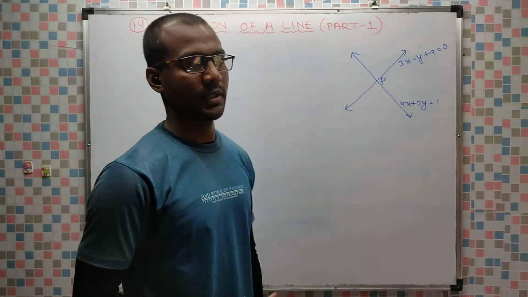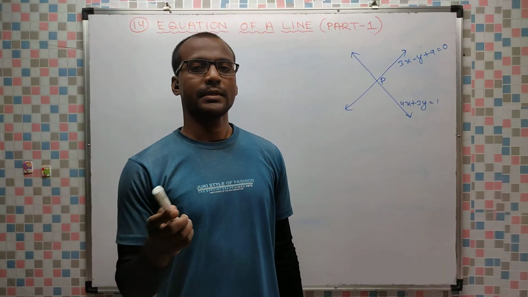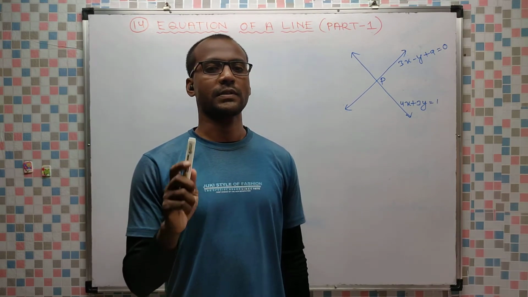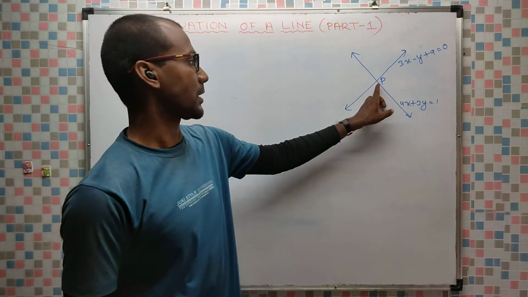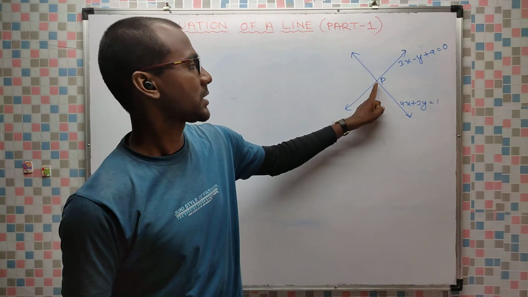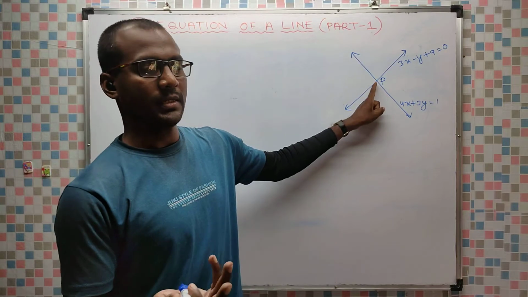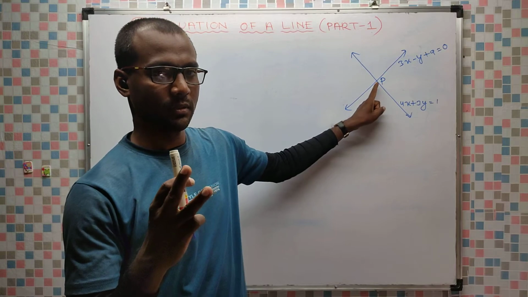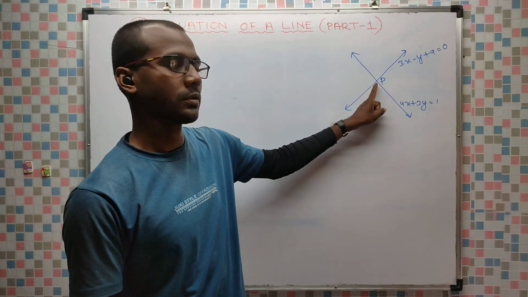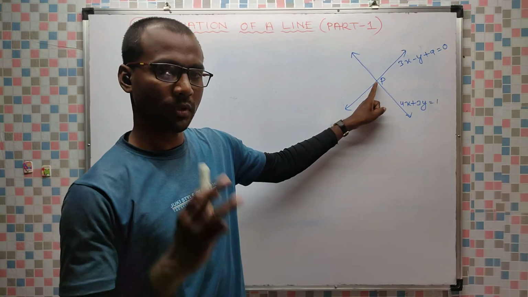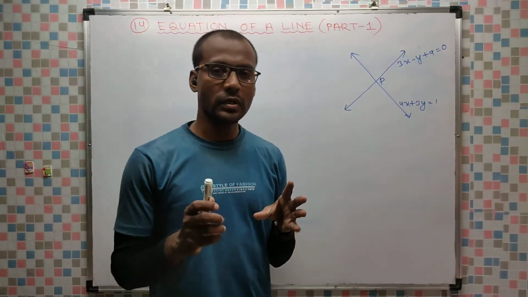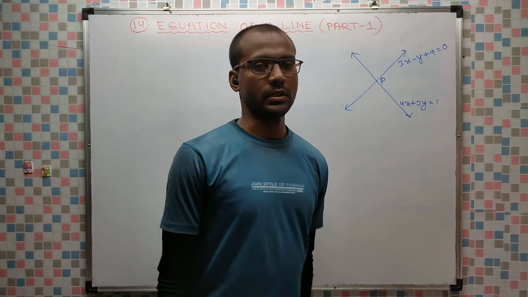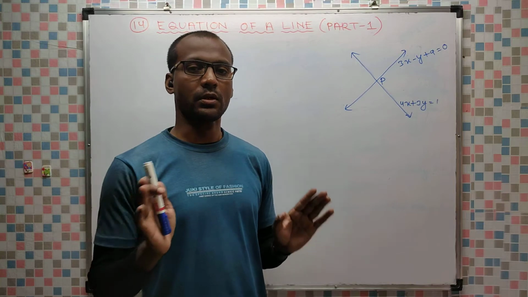So again, we have to use the concept: every point satisfying the equation lies on the line, and every point on the line satisfies the equation. You can see this point P. This is a special point. This point P lies on both the lines. That means its coordinates will satisfy both the equations. Try to understand. The point P lies on both the lines, therefore it will satisfy both the equations. So we have to find such a value of x and such a value of y which will satisfy both the equations. Means simultaneous linear equations of class 9.